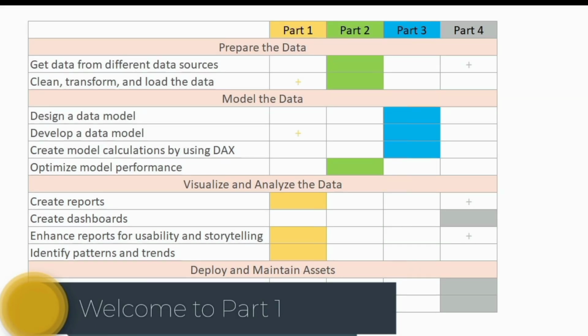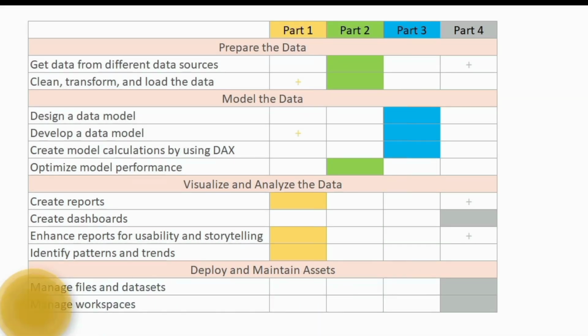Power BI Desktop, we can create our first visualizations. But before we do that, it would be useful to see just what we're going to be doing in part 1 of this course. What you're seeing on screen are the broad categories of the PL-300 exam requirements. You can see there are 4 sections: prepare the data, model the data, visualize and analyze the data, and deploy and maintain assets. In part 1 of this course, we'll be largely looking at visualize and analyze the data